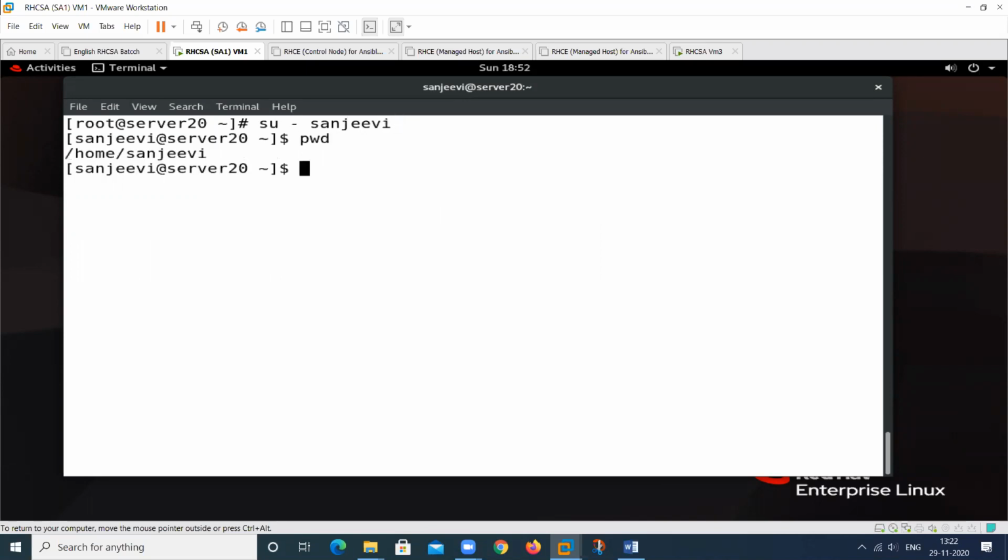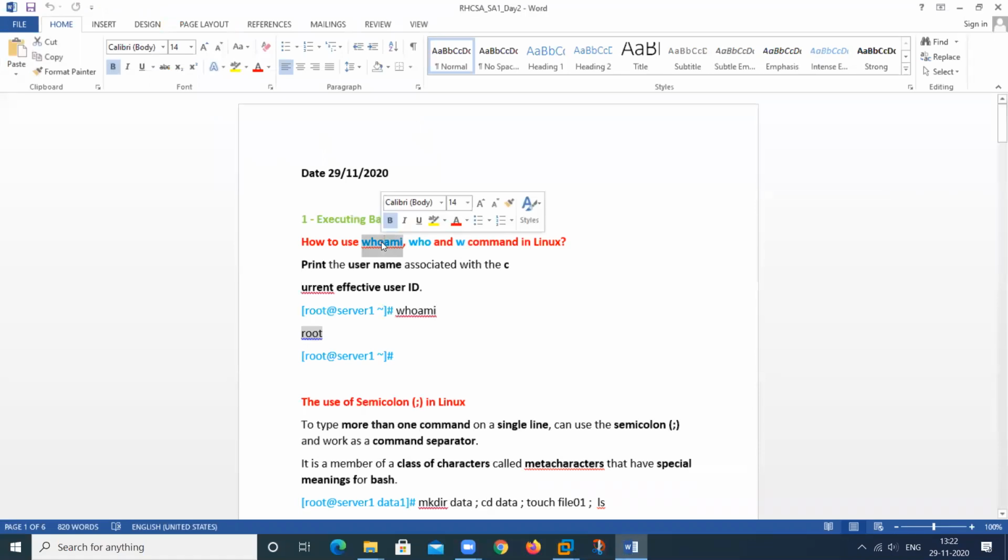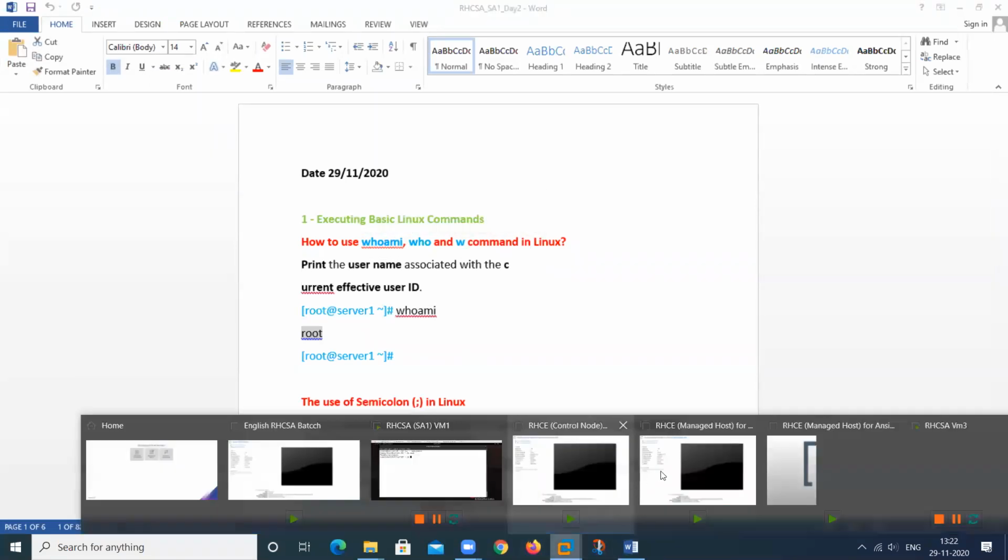And we are working in this particular present working directory. This command indicates the present working directory, and we want to know about this one. So what is the output?